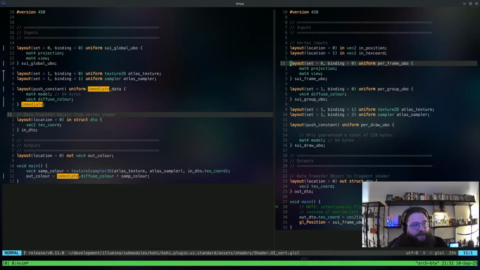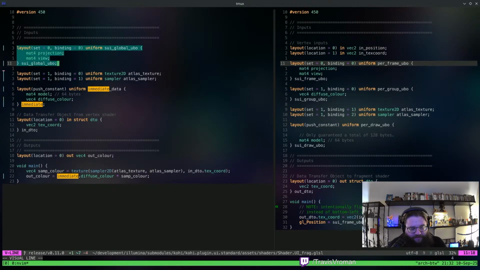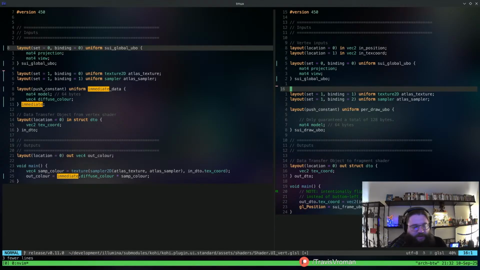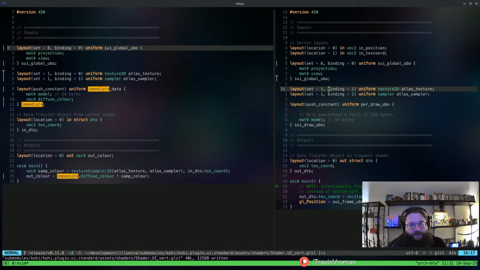We are going to keep the first binding, so that is fine. In fact, I'm just going to copy pasta this over here, just so we can have the naming update. The per group UBO, that's gone. We don't need that anymore. All we need are these two bindings here. So we're gonna again move those to 1 and 0, or 0 and 1 rather.